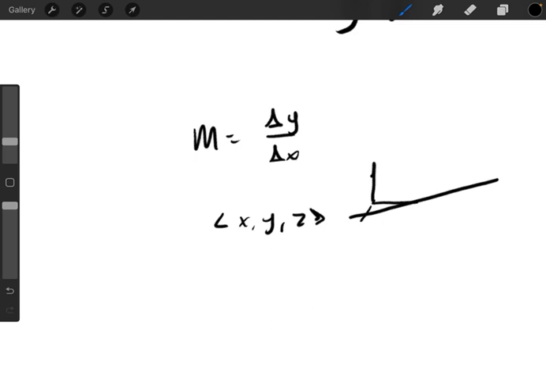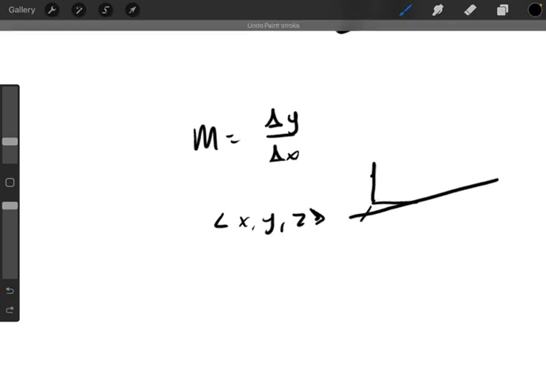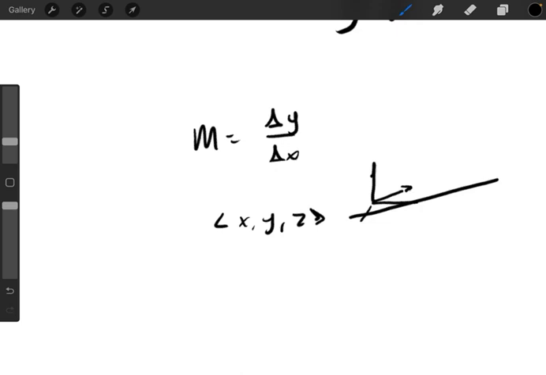You can represent the slope of this line with a vector that stems from the origin and is parallel to this line. And this is helpful because it allows us to describe slope in a specific way in 3 dimensions that is understandable. So how would we find the